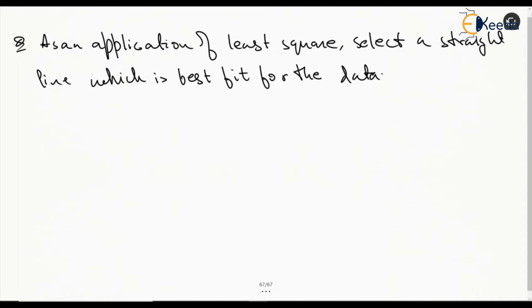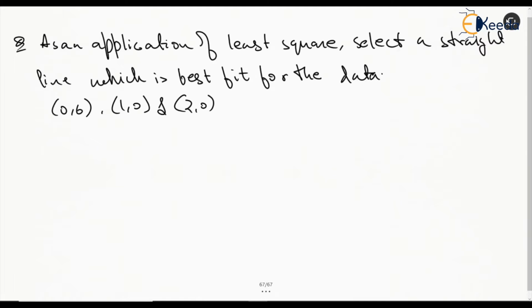The data given is (0, 6), (1, 0) and (2, 0). So we need to find a straight line. Of course we'll see that there is no such straight line which will simultaneously satisfy all these points, but we will have to get as close as possible to a straight line which will be satisfying all these points.